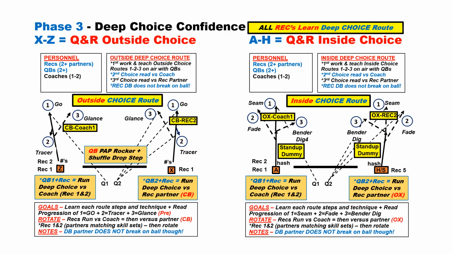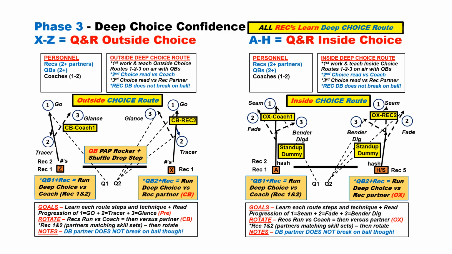We'll wait till we get into 7-on-7 or 1-on-1, 2-on-2 situations. On the right now, doing the inside choice, again we're going to do the same thing, just working those routes independently to get that timing, but then we'll add the read versus the partners. Key point there, that inside choice, if we run the dig bender, we want to make sure we bend that at 10 yards and speed cut with the inside foot, and it's okay to get a little depth as we take that middle box.